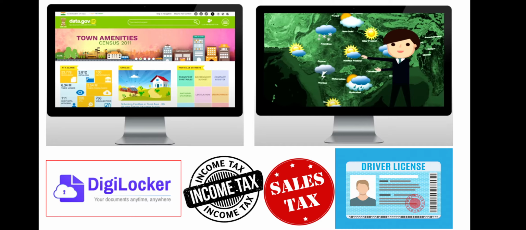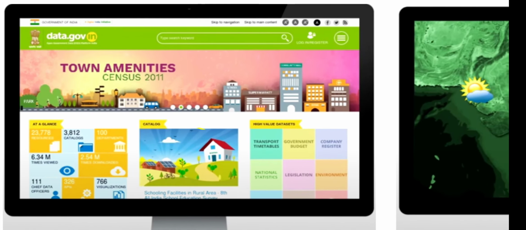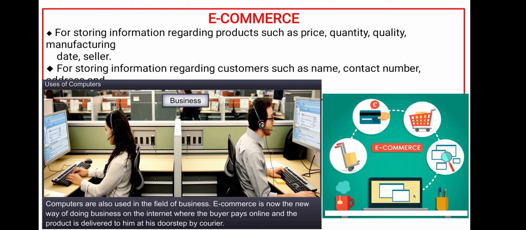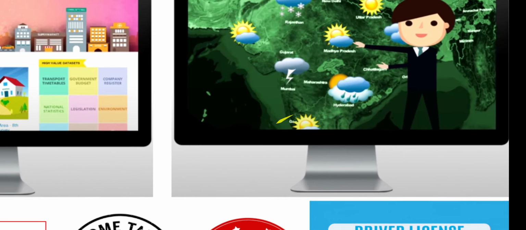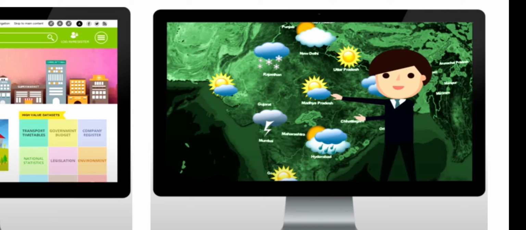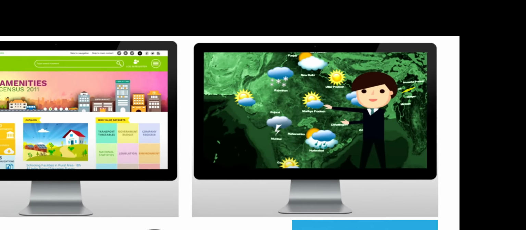Now here, if you want to know the town amenities, you can go to the websites that are available. Many websites are available for town amenities and all these things. The total number of villages, the panchayats, all those preliminary details of the government will be available on that particular website. It can be a zonal part, or a district, or a state, or the central government. And here, the weather report that is prepared will be telecast in the news. So there also the computer is being utilized.